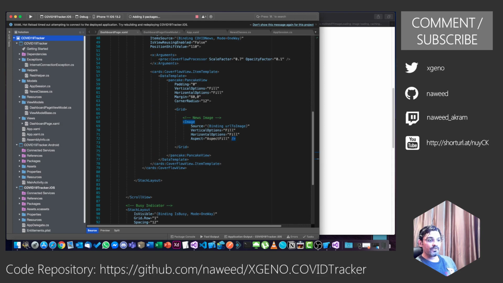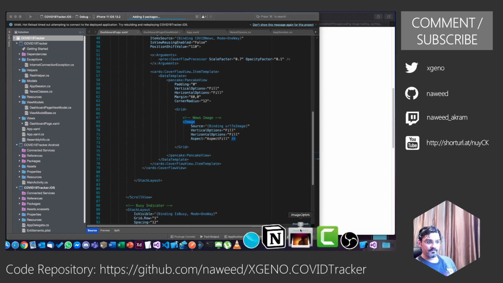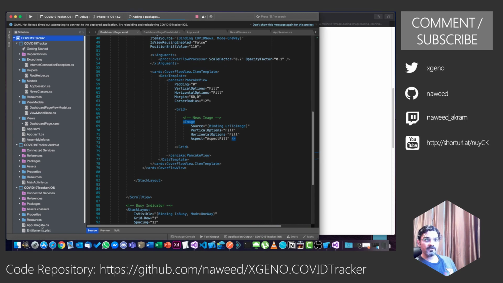Now this also requires you to make some changes to your app delegate and main activity. Bare minimum, what you need is, I will show you. So while this is adding, let it add.